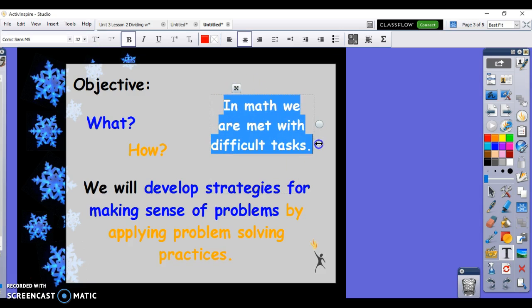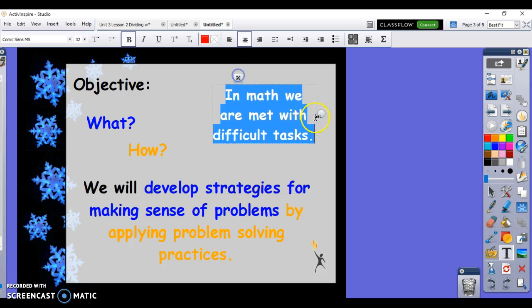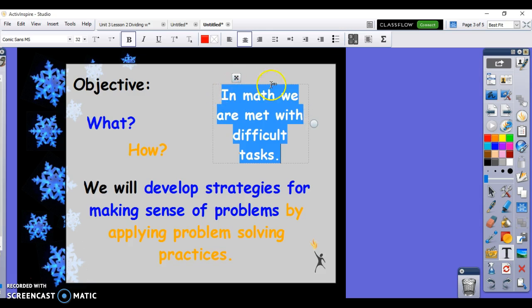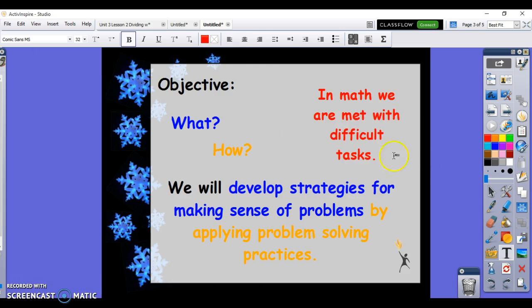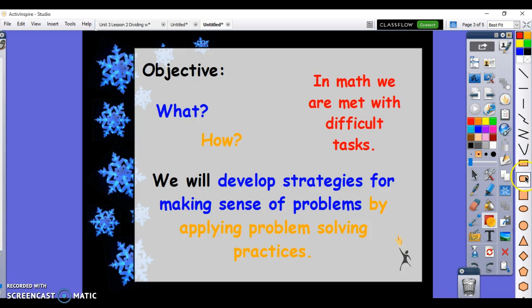Okay, so in math we are met with difficult tasks. Shrink it down a little. Squish it in. Okay, now I'm going to add an object. So I'm selecting this kind of